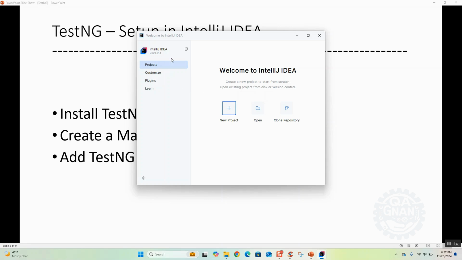The very first screen we get upon launching IntelliJ is this screen, where we choose what we want to do. We want to create a new project, or open an existing project, or clone a repository from a repository, could be GitHub, Bitbucket, etc. For this video's purposes I will be creating a new project, so I'm selecting new project here,